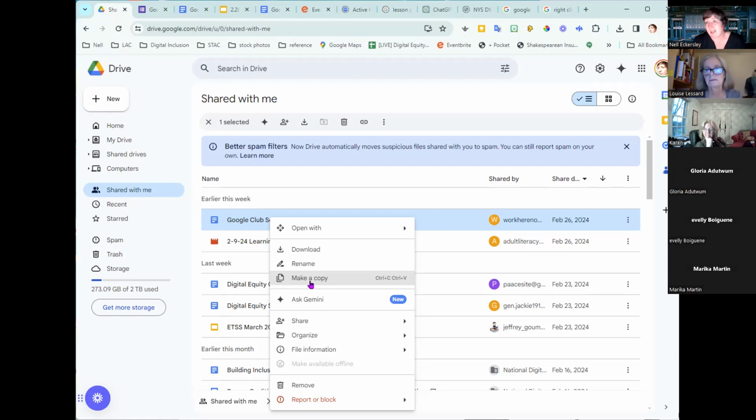Is it necessary to have a shortcut to make a copy? I mean, is this something I need 15 copies of? Maybe it is, maybe it isn't. Usually I only make a copy of something if I'm really going to use it differently. So if it's an outline, you'll see in the digital badge